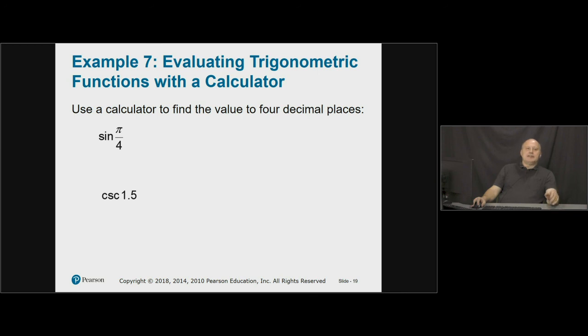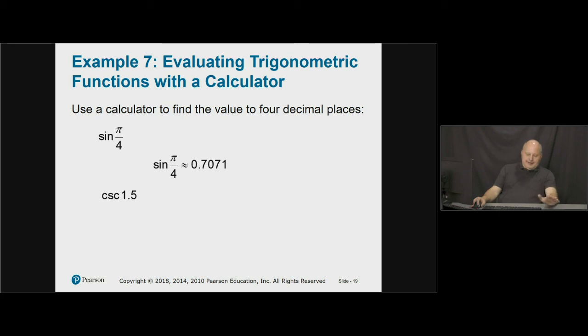So if you notice, these 2 angles are radians. You're like, well, wait a minute, the second one's not a radian. Oh, yes, it is, because it's 1.5 radians. You're like, how do I know that? Because there's no degree symbol. So when you punch this into your calculator, you have to hit sine, pi, find the pi button, divided by 4. Close your parentheses. Okay? Now, before you do all that, though, you had to make sure your calculator is in radian mode, and that's important. And that's sine of pi over 4 is